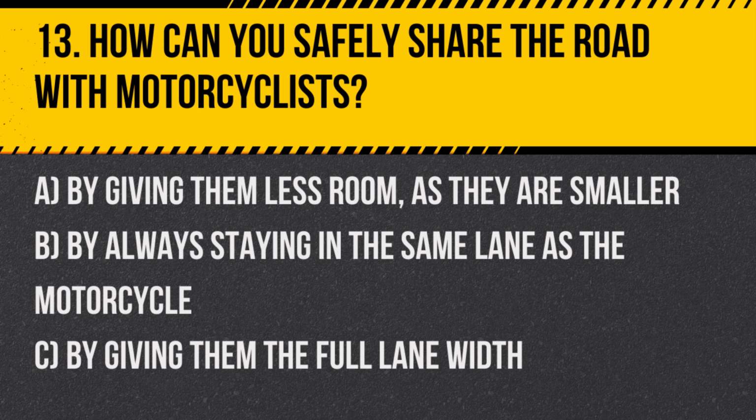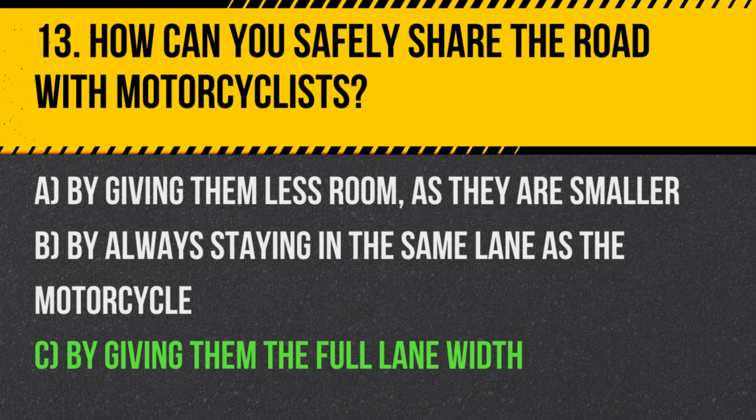A. By giving them less room as they are smaller. B. By always staying in the same lane as the motorcycle. C. By giving them the full lane width. Answer. C. By giving them the full lane width. Motorcyclists have the same rights and responsibilities as other vehicle drivers, and giving them the full lane width helps ensure